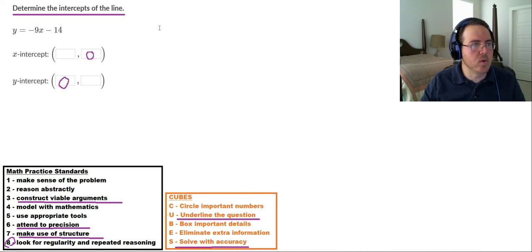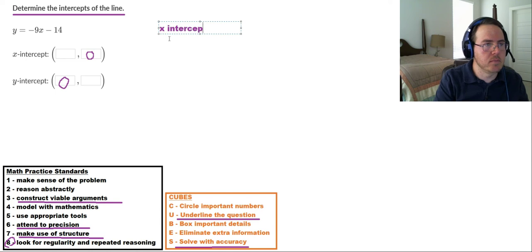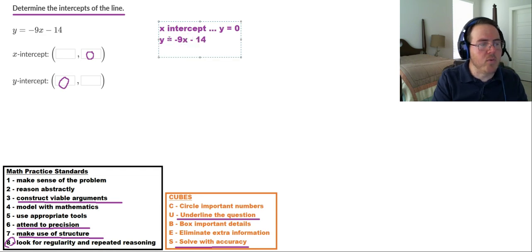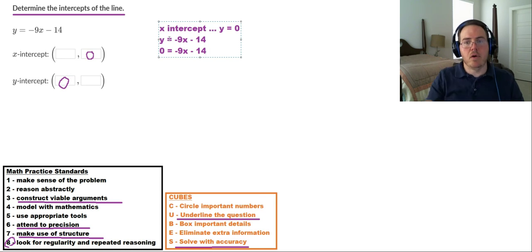Let's go ahead and do our x-intercept first. That's when y equals 0. So our equation is y equals negative 9x minus 14. Well, if y is equal to 0, then our equation becomes this little number. All I've done is substitute. I put the 0 in for the y. So now